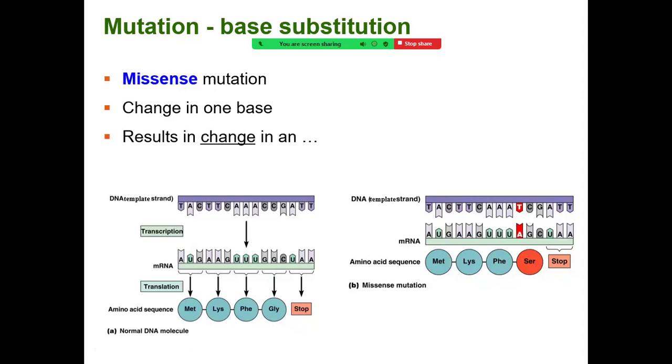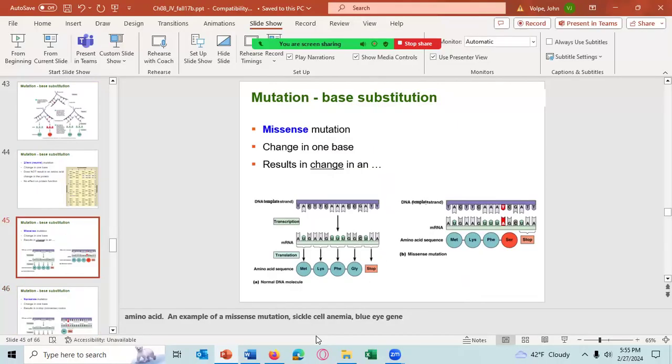So a missense mutation is just a base change that changes the DNA, but it also results in a different codon, coding for a different amino acid. And that's a missense mutation. Any questions about that? An example of a missense mutation is that many sickle cell anemia patients have a missense mutation where one